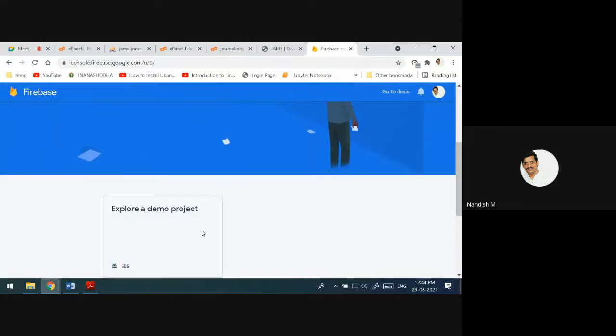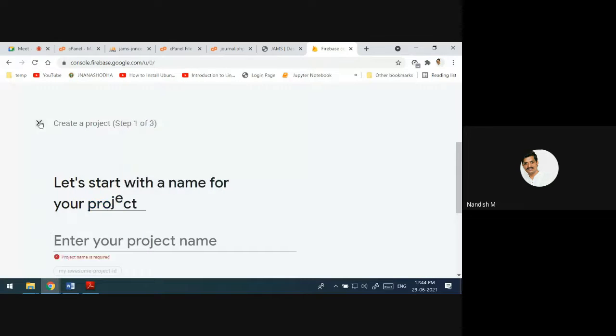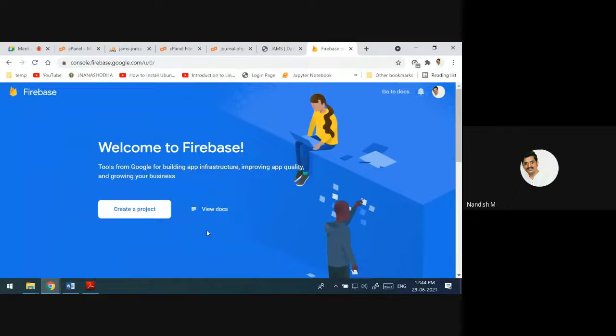After that, you can create a project which is going to interact with Firebase. You have to create one project, and your mobile app has to interact with this project. You can have multiple projects here, but your mobile app is going to work with one of the projects, because multiple apps will communicate with multiple projects.